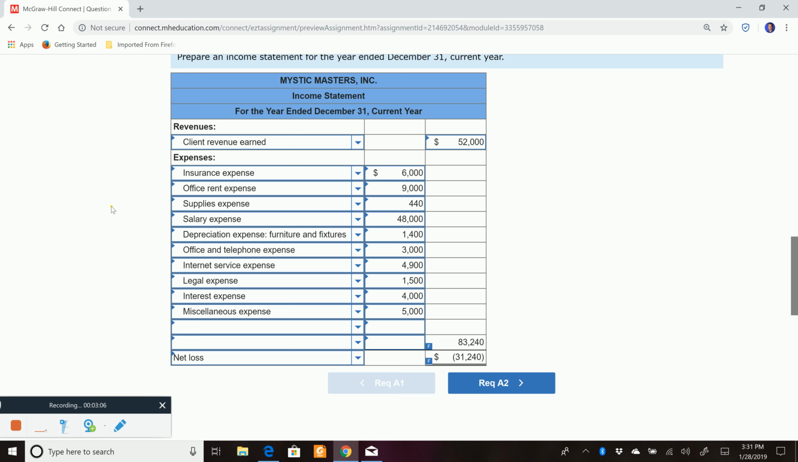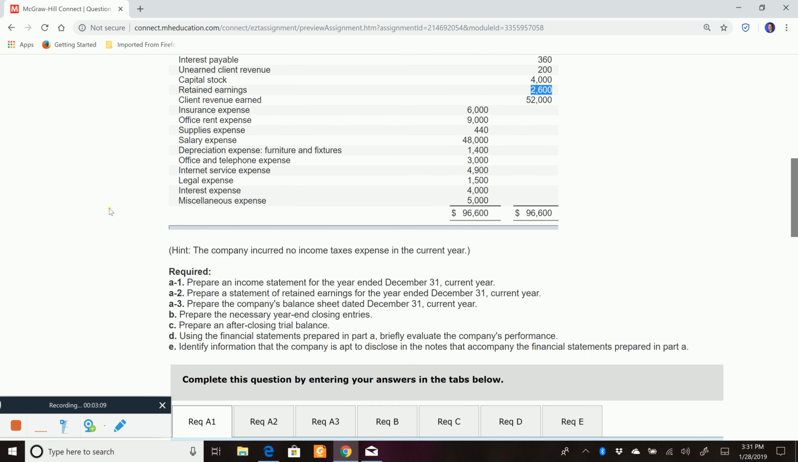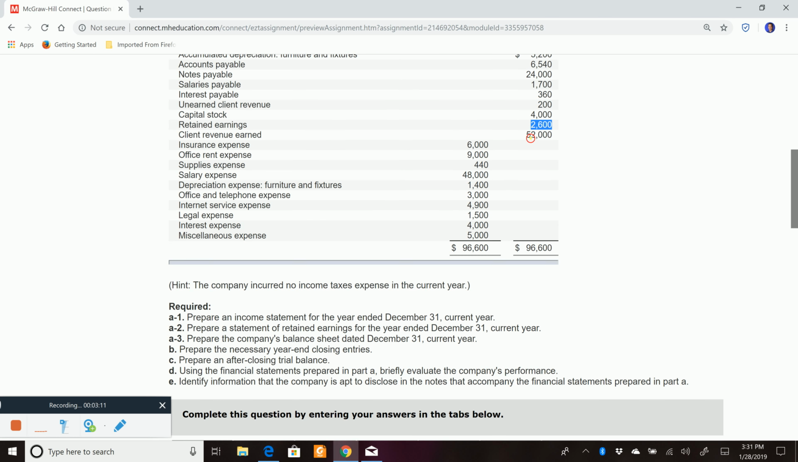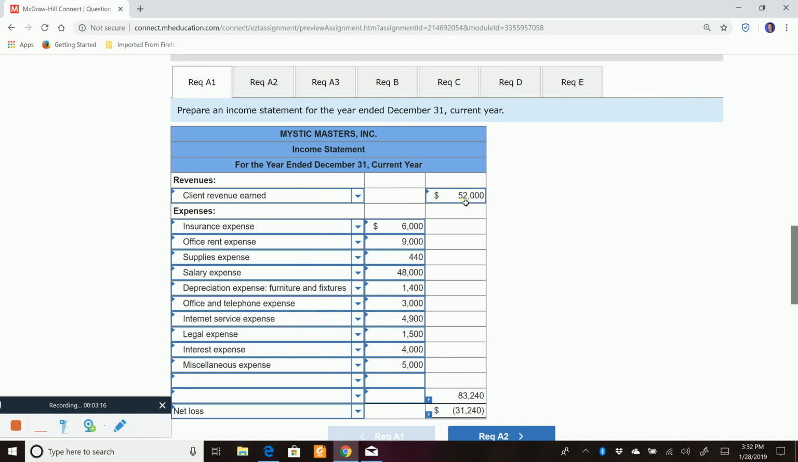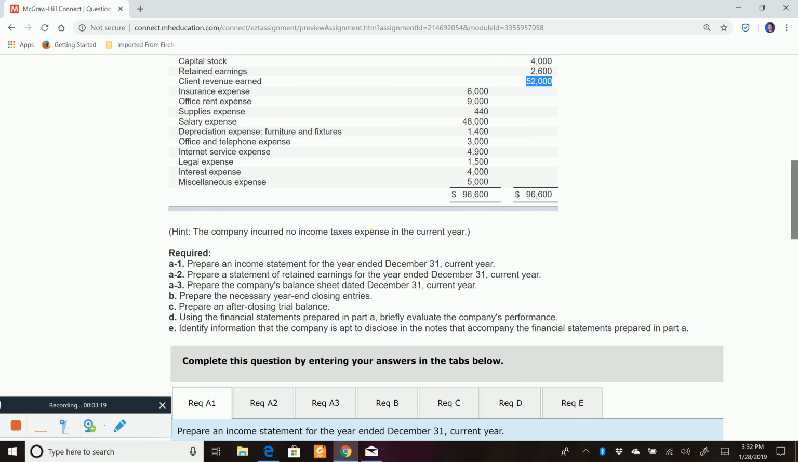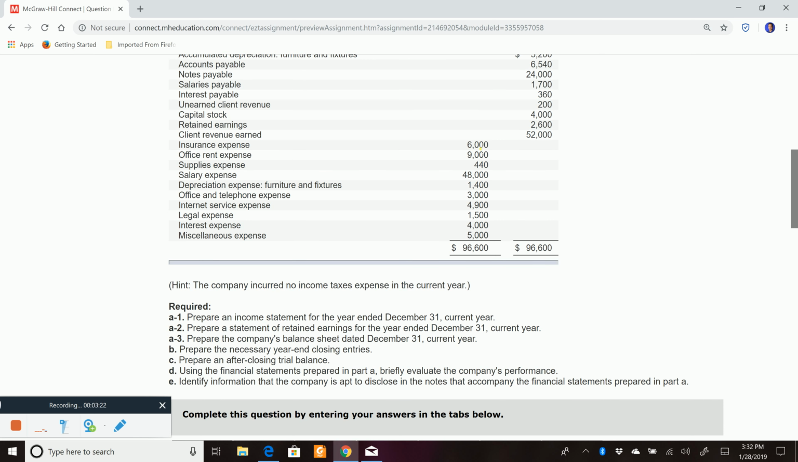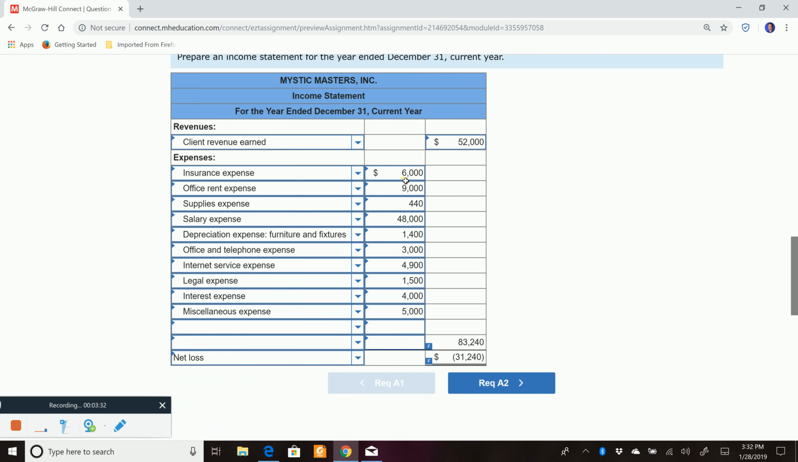Okay, and basically if we come back up to the adjusted trial balance, we're going to find everything we need. The revenue is $52,000, and so we list that first. The revenues are $52,000. And now a listing of all of our expenses. Insurance at $6,000, office rent $9,000, supplies $440, salaries $48,000, and the list goes on and on. And you can see these numbers here: $6,000, $9,000, $440, $48,000, and so on and so forth. If we add up all of our expenses, it comes to this number here,